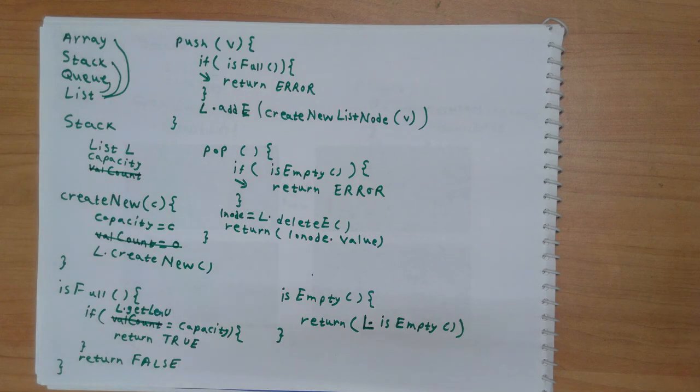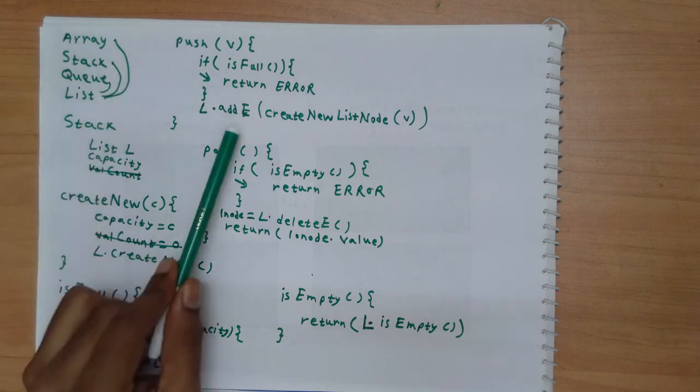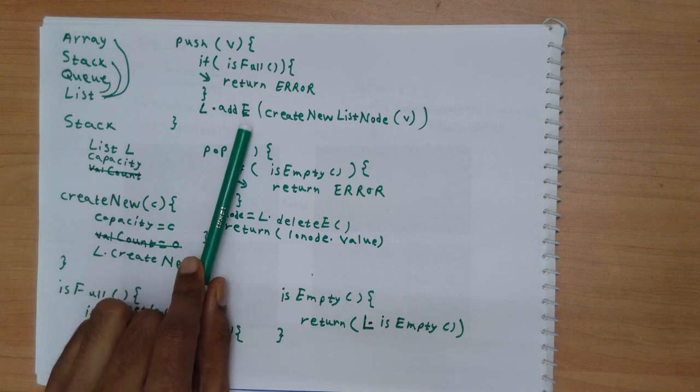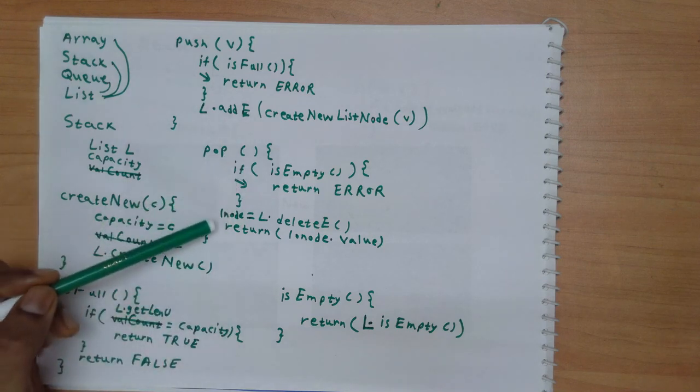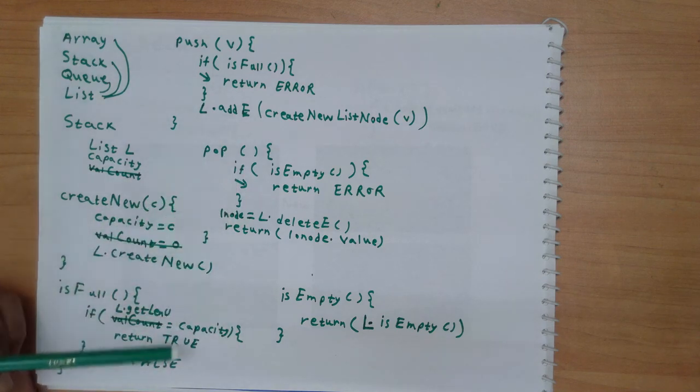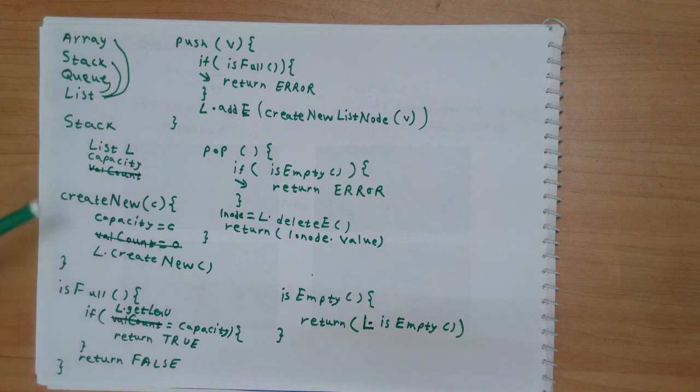Another way you can do this is you might create the list of size capacity right at the beginning. Here what is happening is whenever I do push, I actually add a new element to my list, and whenever there is delete, I remove an element from the list. But you don't have to do it that way. You can create a list of certain size right at the beginning, and then you can simply go and change the values in the corresponding nodes. That's not too difficult. I will leave that as homework to you.